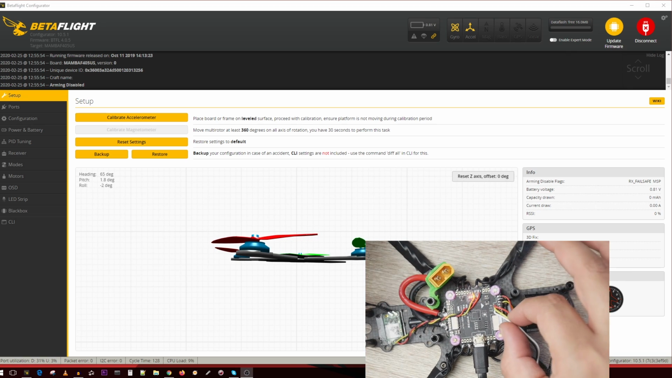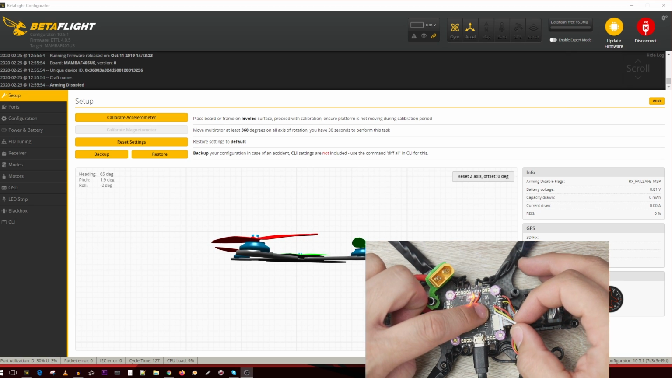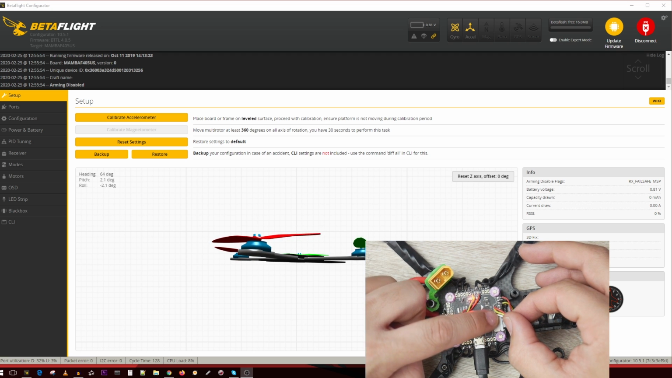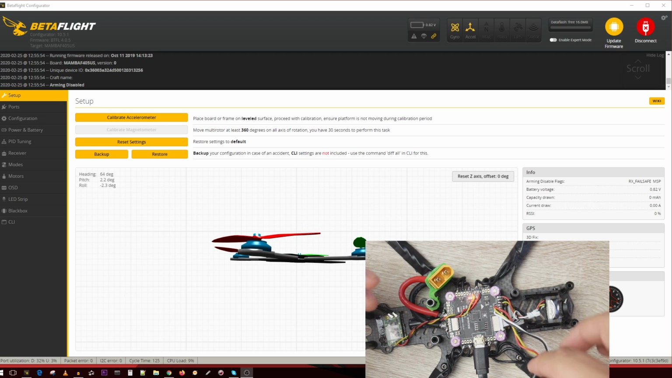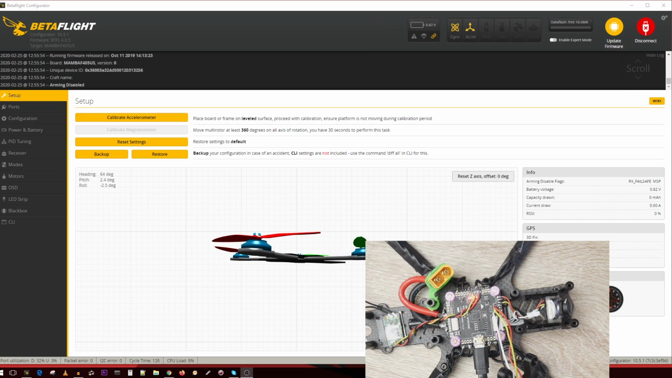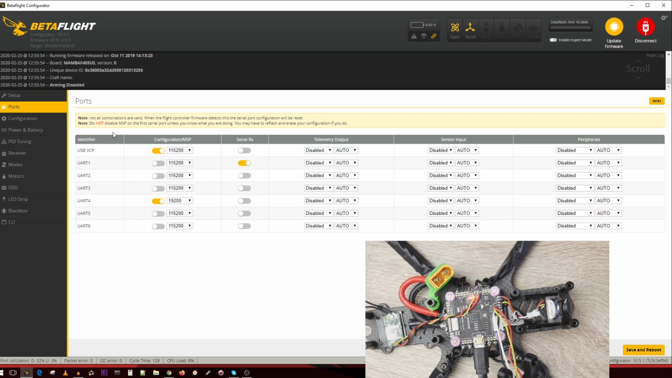Now, if you remember in the build video, I said TX3 and get a piece of paper and write that down. So TX3 is for smart audio here, which will allow us to control the video transmitter's channels without coming here and trying to press the button on the device, which is really useful. So we're going to go to the ports tab, and we're going to find TX3, which is UART3, which is right here, and we want to make sure everything is disabled,